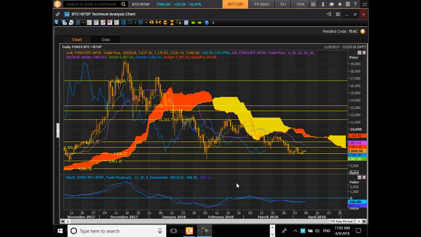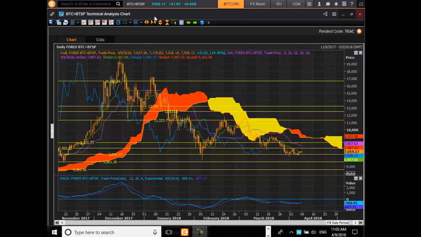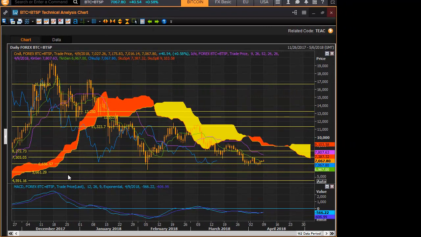This morning, I'd just like to do an Ichimoku cloud chart analysis on Bitcoin. And on the screen here, we have the Ichimoku cloud of Bitcoin. I've got various levels indicating key support levels here. If we zoom in, we can see at this top end of the cloud is a key support zone. It's an old support zone, so these levels come back in